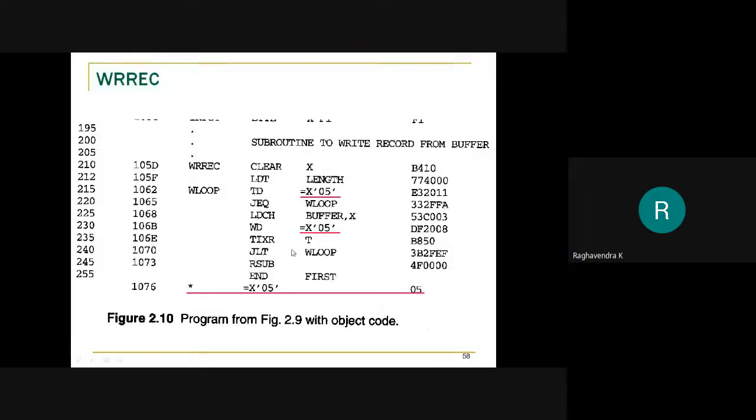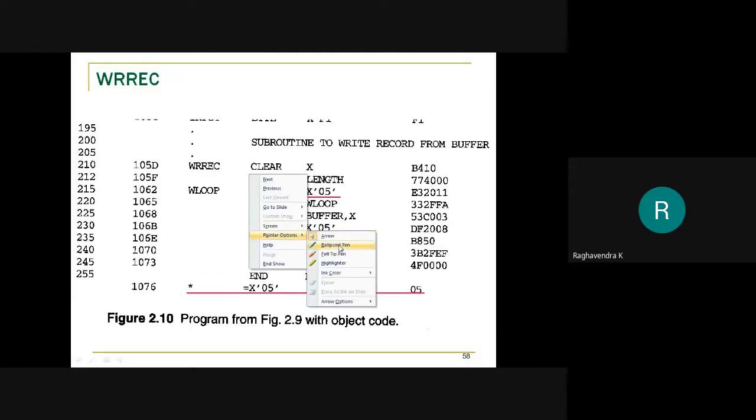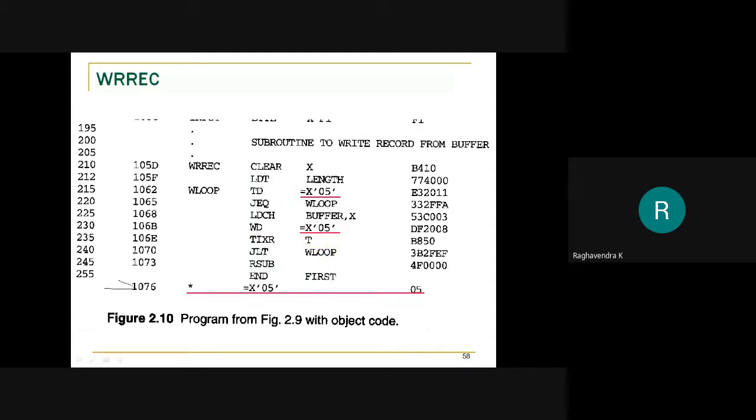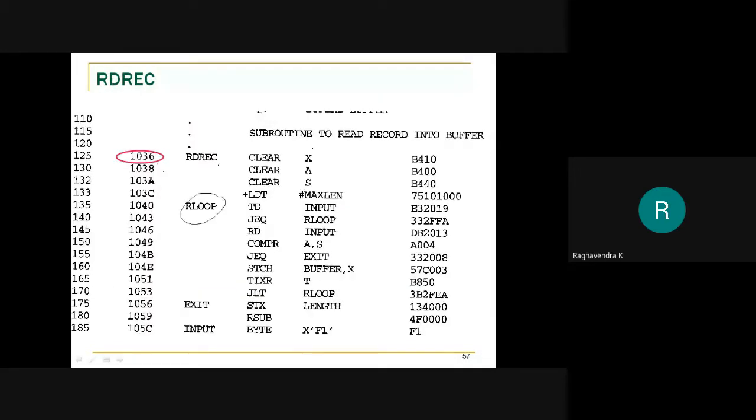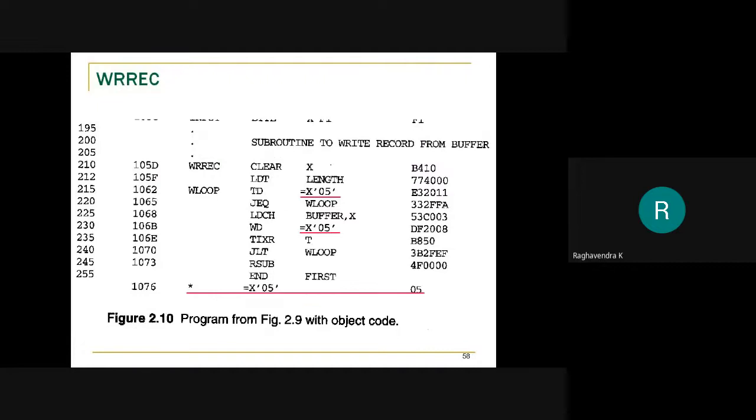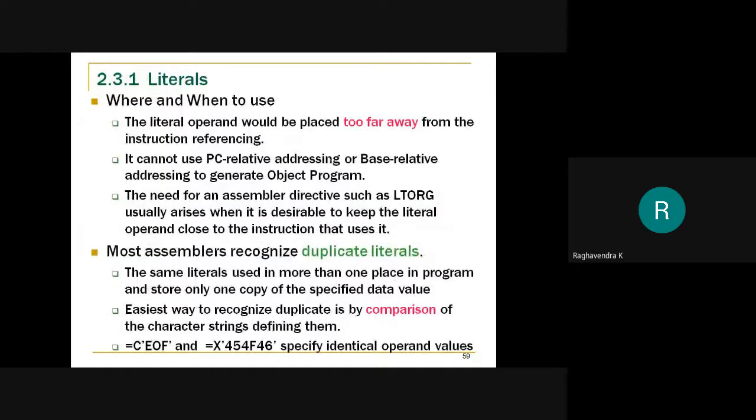Right. So now the literal has ensured that we need not worry about the labels. They can be automatically generated by our assembler. This is the convenience that the programmer gets. You need not make up names for labels like this. If you want to define a constant and you don't want to make a name for it, then you can simply use the concept of literal. This is the basic advantage or convenience that the programmer gets.